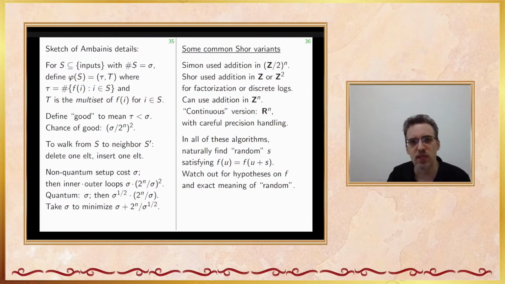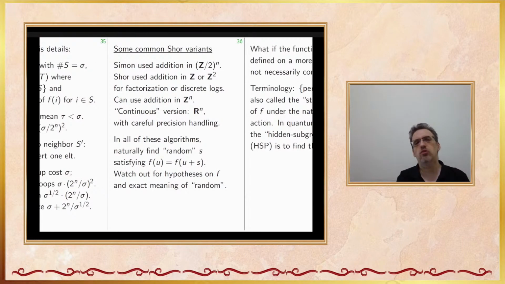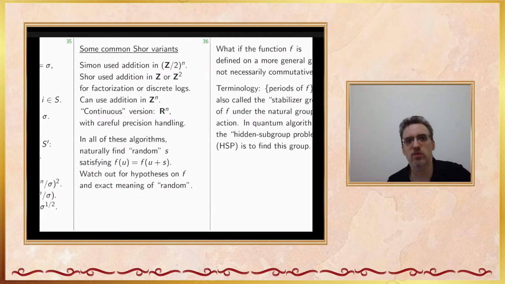What exactly does it mean if you have a random choice from a set that's often infinite? Well, you can pin that down. Maybe you have a Gaussian distribution, for example. Now, there's another direction of generalizing Shor's algorithm, which is saying all of these commutative groups on the previous slide,